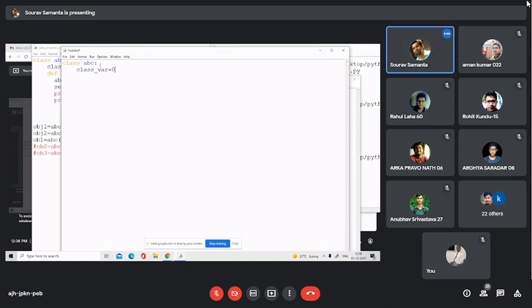To 0, so def. One interesting thing: normally in Java and C++, what is the default visibility mode? Private is the default visibility mode in Java and C++, whereas in Python, public is the default visibility mode. Visibility mode means the access capability.